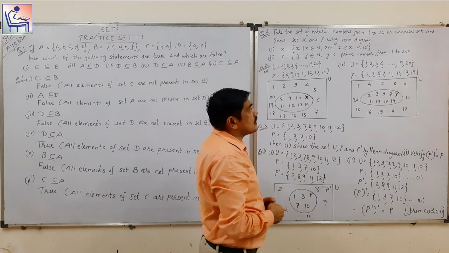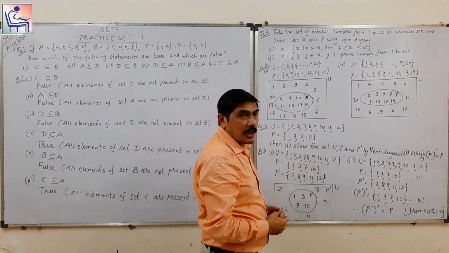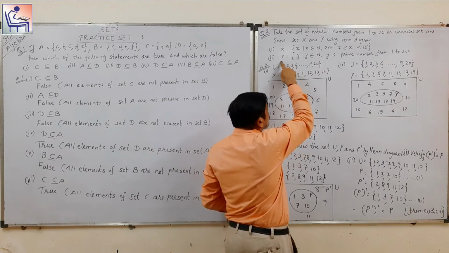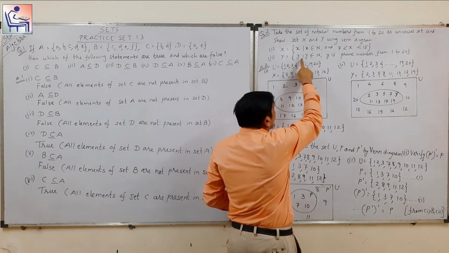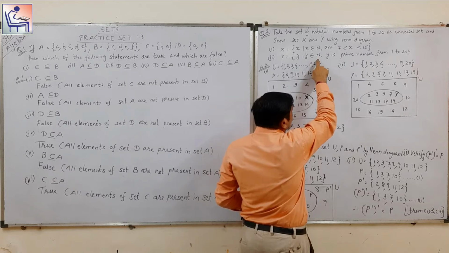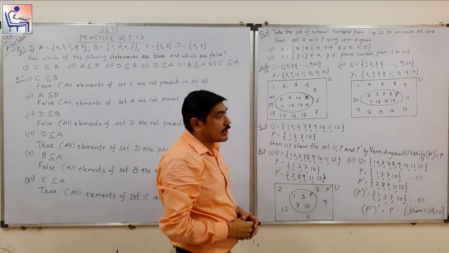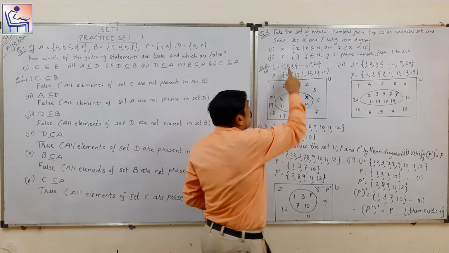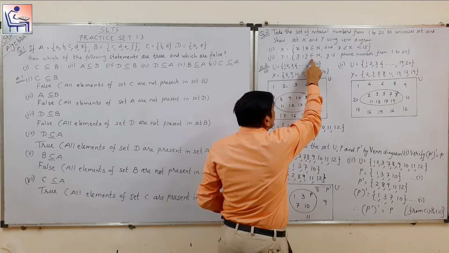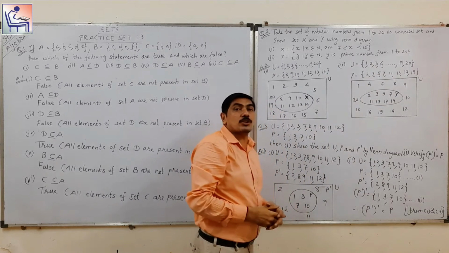Here the same universal set we will use, that is 1, 2, 3, 4 and so on up till 19 and 20. Then the elements of set Y. Here the set Y is a set of all Y such that Y is an element of natural number and Y is a prime number from 1 to 20. So here Y is a set of all Y such that Y is an element of natural number. Y is a prime number from 1 to 20.